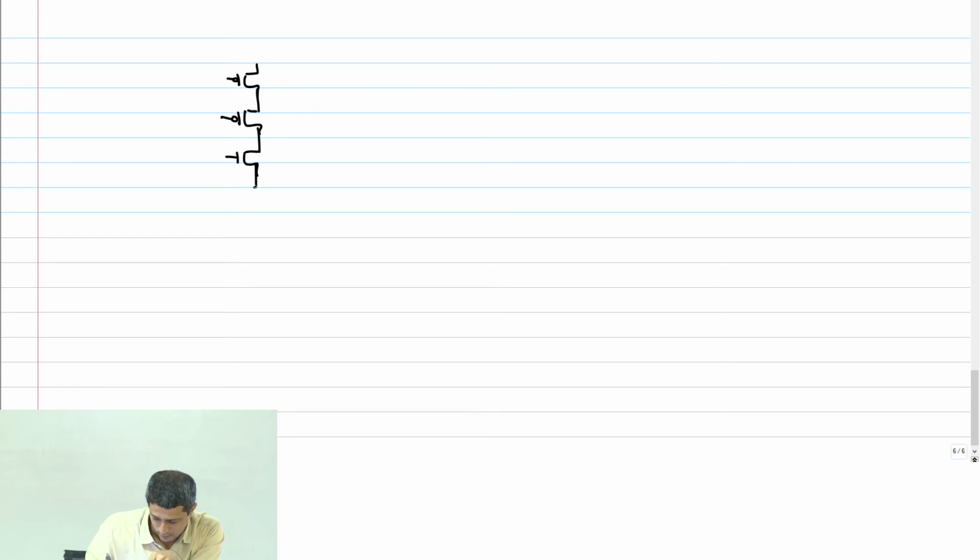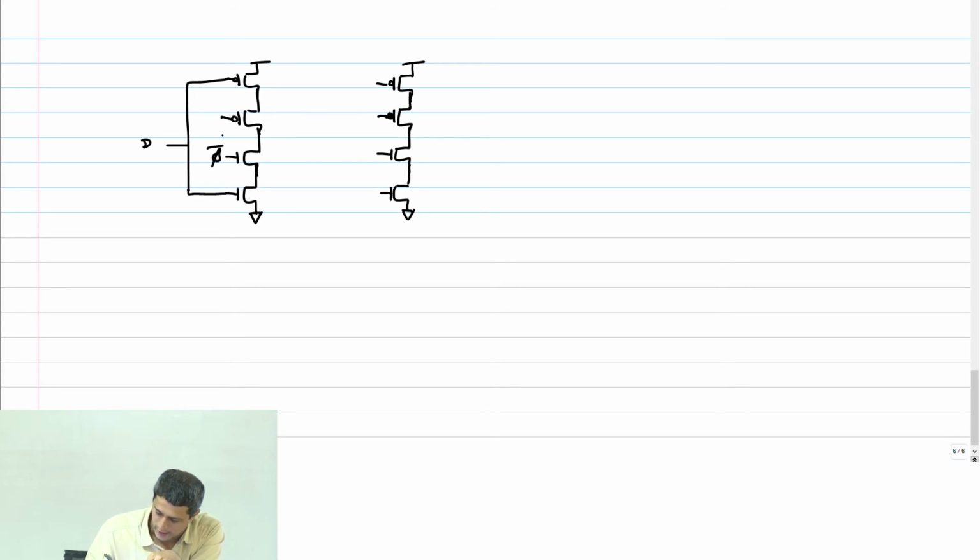Okay. So now we will look at a configuration which is a very interesting configuration from the perspective of clock overlap. This is going to be my D. This is phi bar, phi.